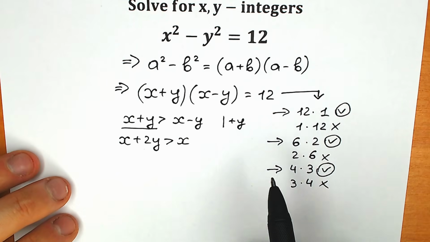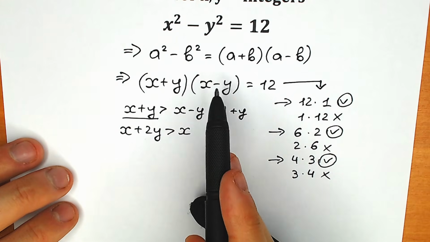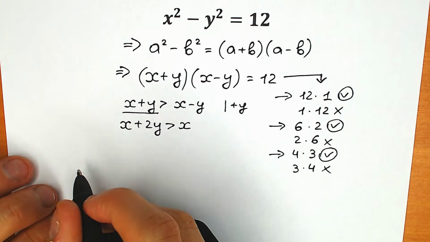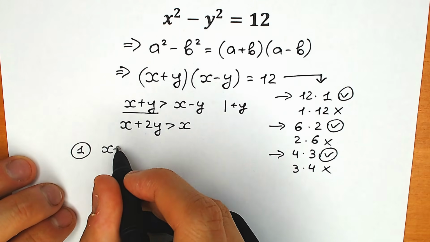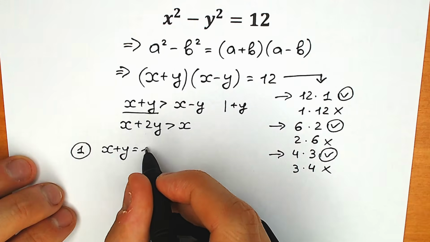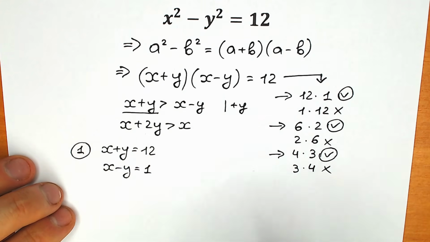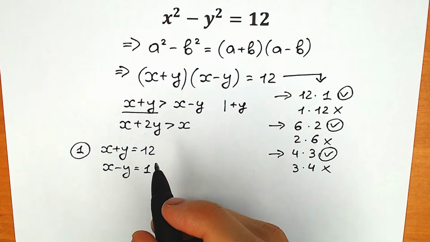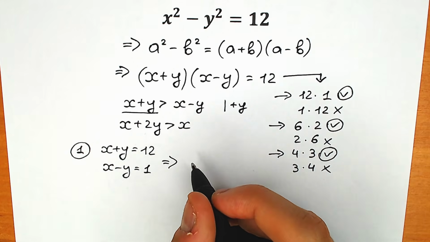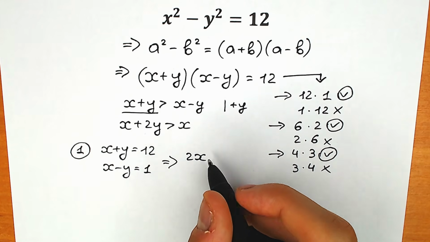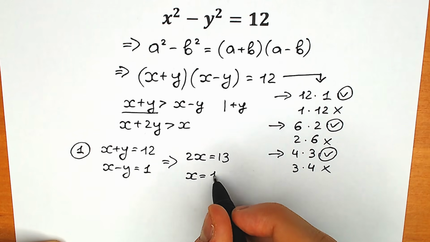So let's start, for example, with the first one, 12 and 1. For this combination, x plus y equals 12, x minus y equals 1. There is a great way to solve this type of system of equations, because we can easily add both equations, and then we're going to cancel this y. So from here we're going to have 2x equal to 13,